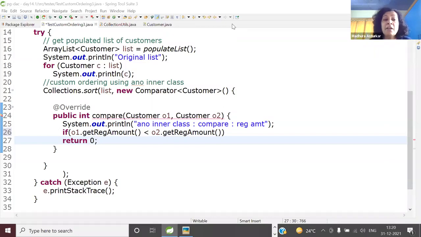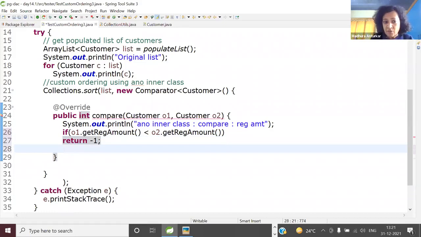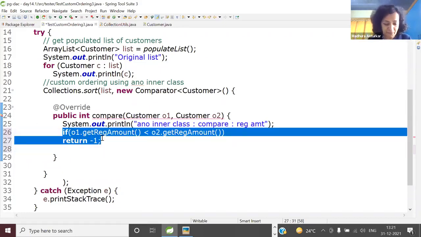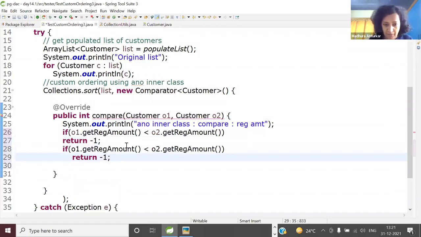Suruchi, what you have written will work for normal cases, but for large values, it will not work. So you do the comparison properly. Okay, so return -1. If you reach the ranges of min double and max double, then that subtraction may not work, so I would suggest this. If they are the same, you can just do the copy pasting.